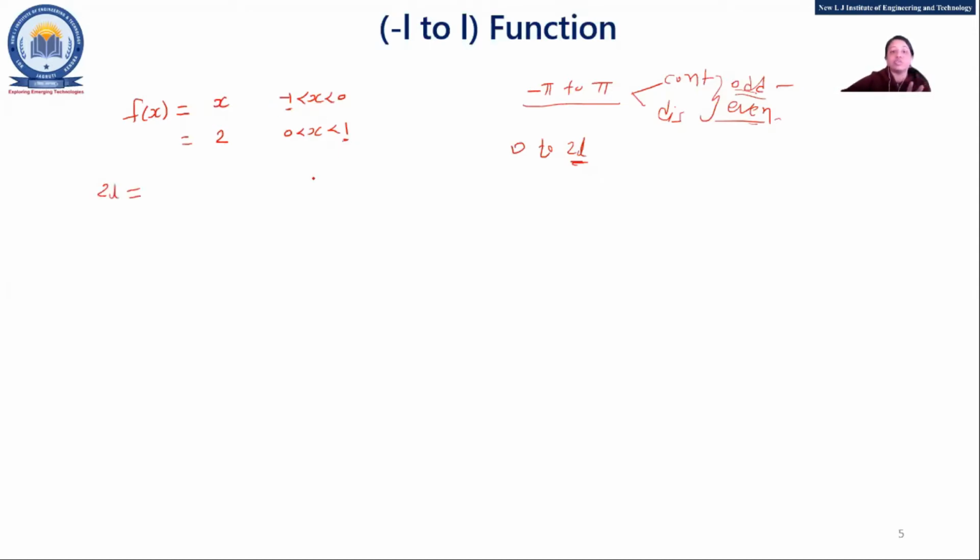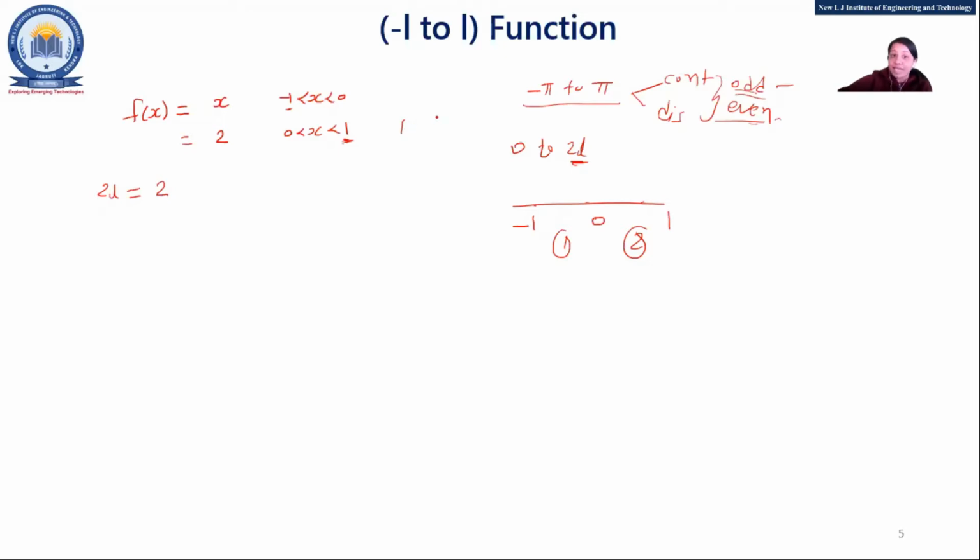Obviously this is 2 intervals, right? Minus 1 to 0 is one interval, and 0 to 1 is the second interval. So in total we have 2 intervals. So we can write 2L equal to 2. And if you are not getting this concept, it is simple, whatever is given here, that is what